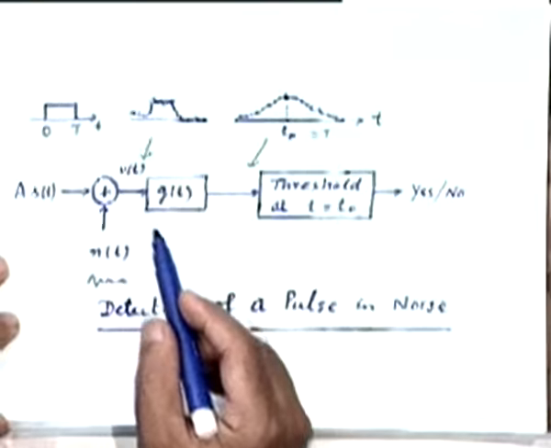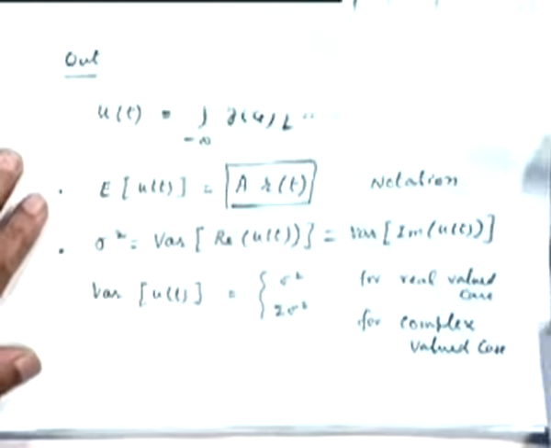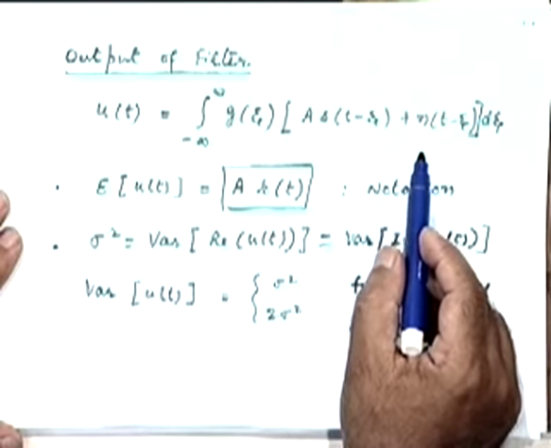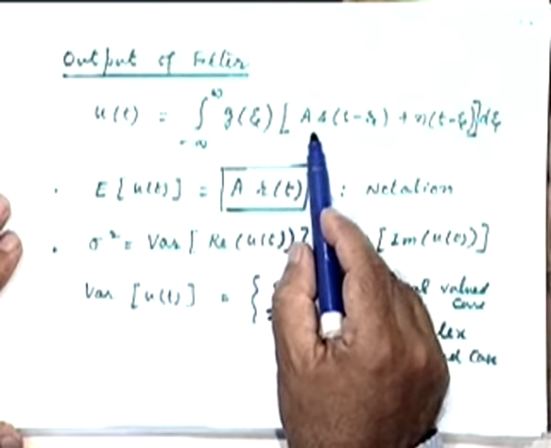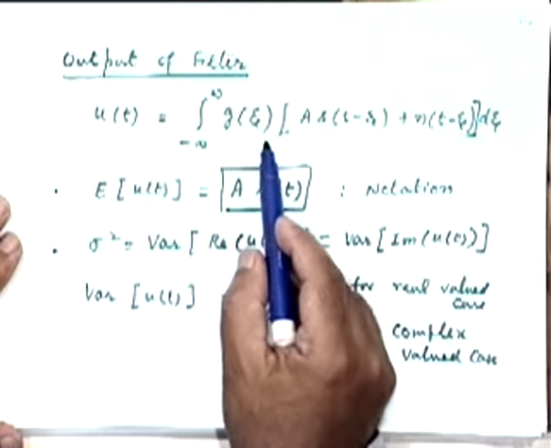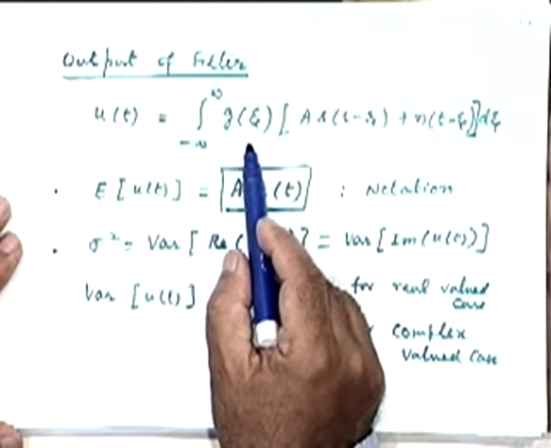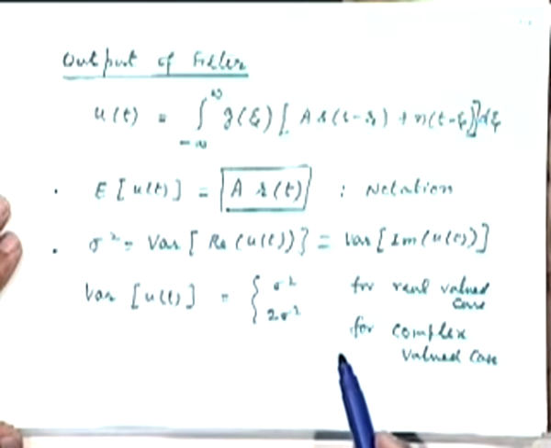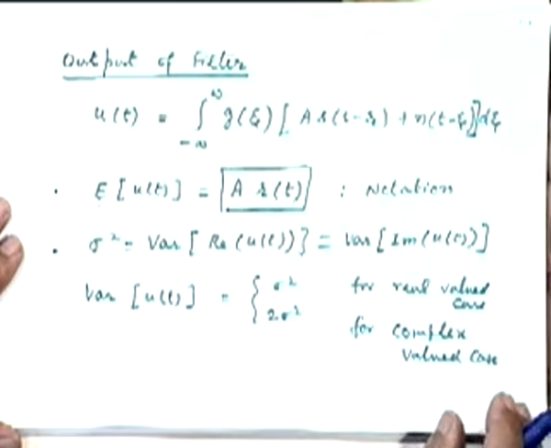Therefore, what we do is we start by looking at the output of this filter in terms of the input v(t), which in the presence of signal will consist of these two components, right? The signal will be A s(t) plus n(t). When passed through the filter, we will get an output which is a convolution of these two. We have gone through these derivations before. I am just repeating for you to quickly recapitulate.